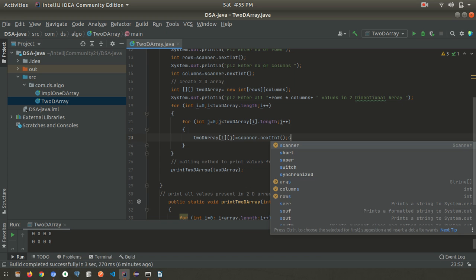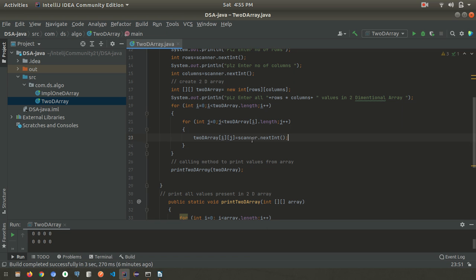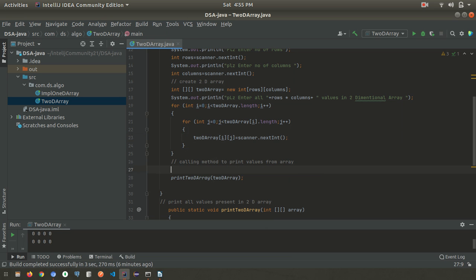So this data is getting stored in this array. So before printing this variable, this array, we will call system.out.print, printing all values from array.